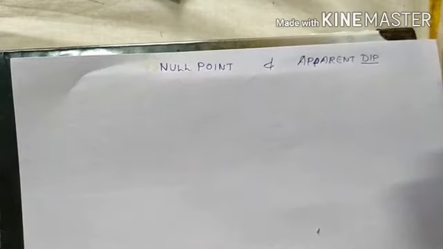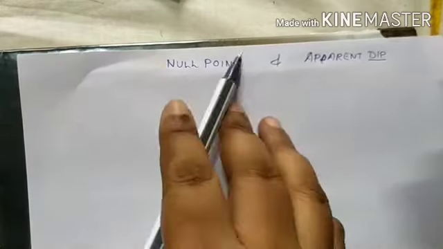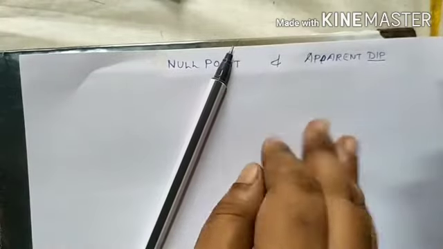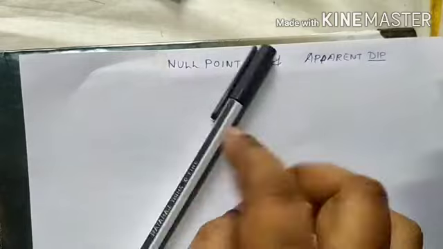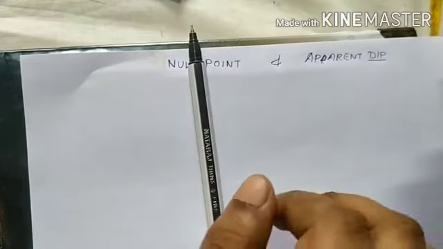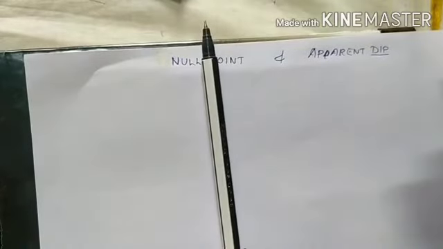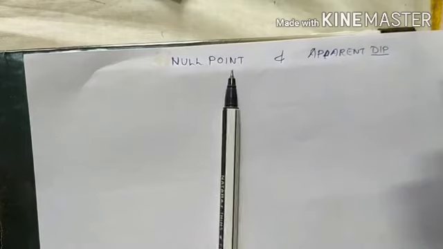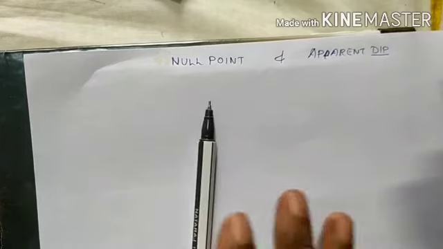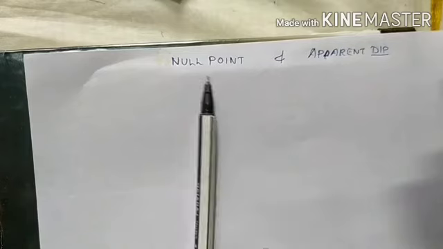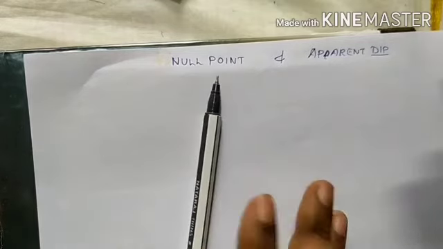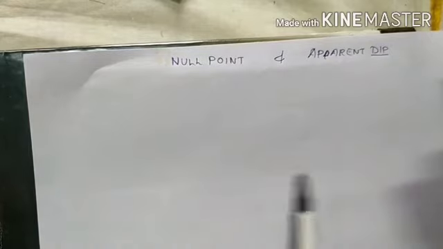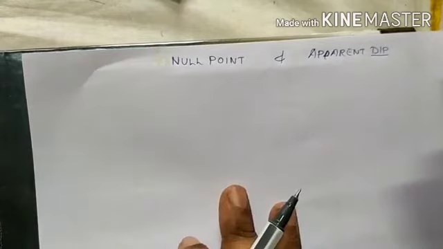That zero can occur for any reason, but at some point if the magnetic field becomes zero, the compass will move in a random motion. That is, the compass will not show a proper north-south direction. The point where the compass moves randomly is known as the null point, because at that point there is no magnetic field and the compass is not able to detect how the field is flowing.